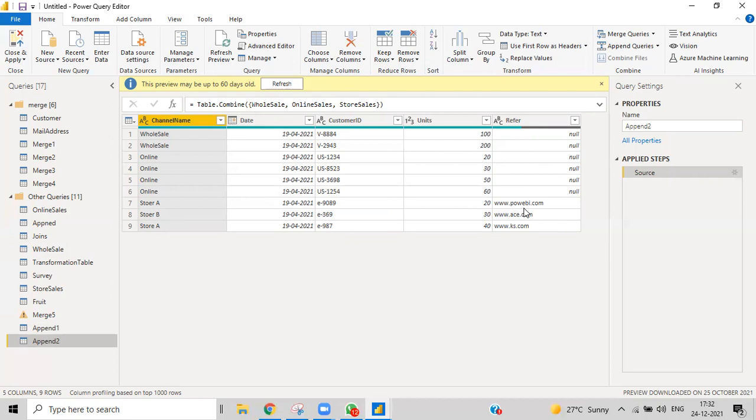Column names should be the same. What I told you is that the other column names are the same, but this column is new to this particular store sales. Obviously, that column name will come from this table only. Even if we have an extra column, that is not necessary, but for the common columns which are available, the data types and the names should be the same. That's it.